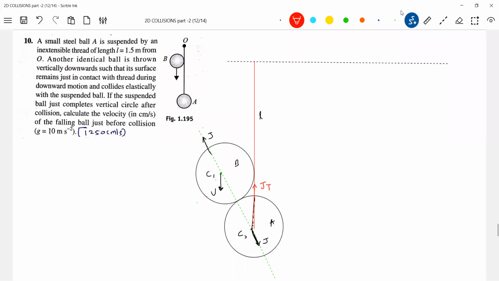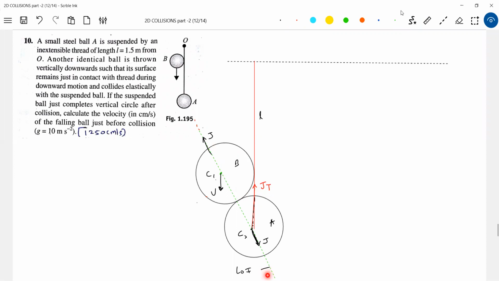Already I think I discussed the problem, it's a very simple idea. And now in what direction can you conserve momentum? Along the line of impact, along x, or along the y-axis? Only along the x-axis, because a component of impulse due to tension in the string will be set up, and because of that